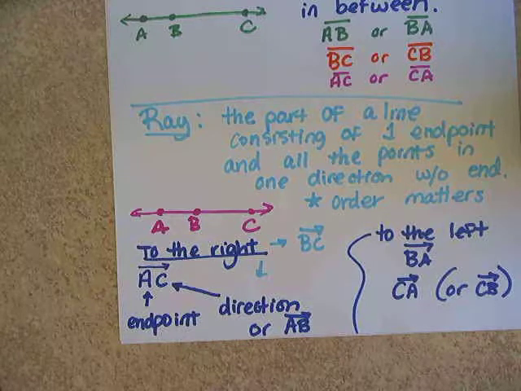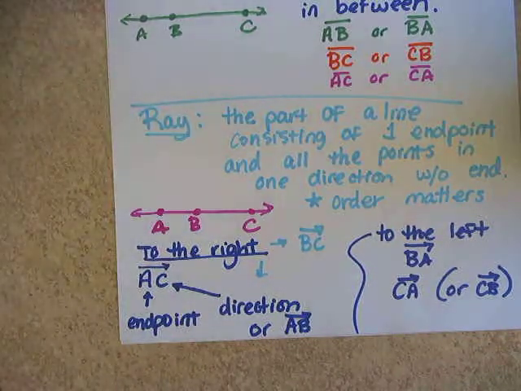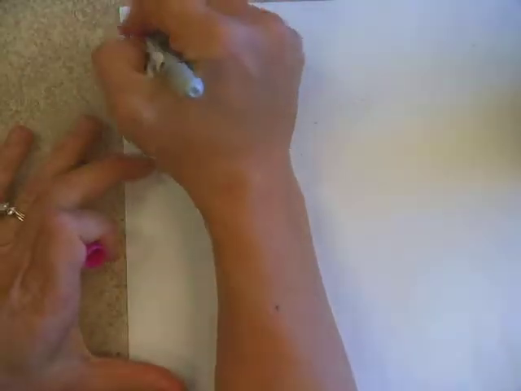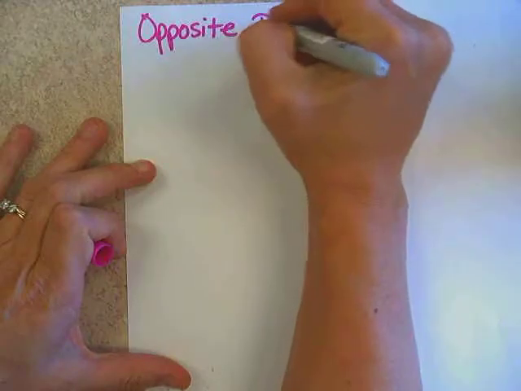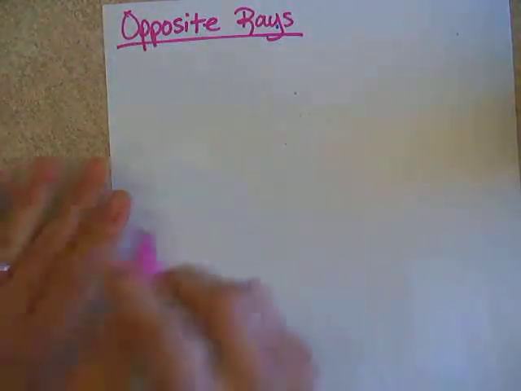If there are 2 names for the same ray, you don't have to give them both, but be aware when you correct, they might have used the other name. What you want to be concerned with is your starting point and make sure your direction is good. Okay? All right, so that takes us through rays. And the last thing you need to know about rays, and this is usually the one that people struggle with the most,